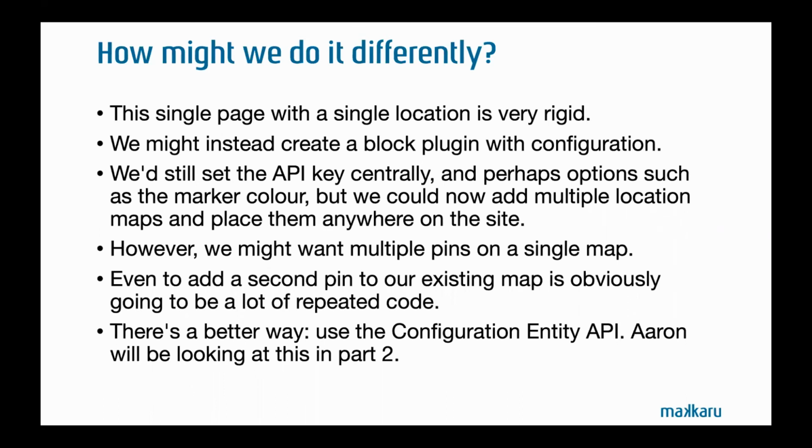We still would have certain things that we set centrally. So the API key, you don't want to configure that on a per block basis. So that's definitely module level configuration. And then maybe even things like your actual specific location coordinates and possibly zoom would be within your block configuration. So that would give us, okay,